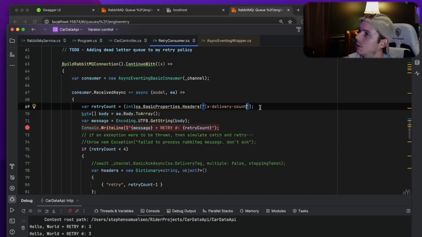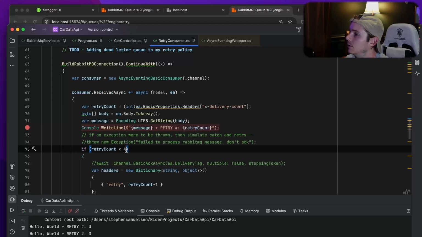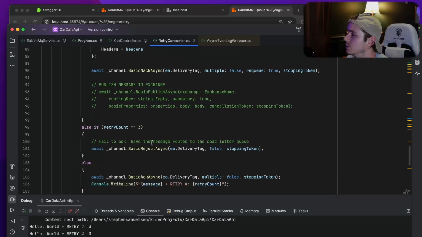Let's pull it off of delivery count. So delivery count's going to be 1, 2, 3. And then when it equals 3, I want to reject it. And it's going to send it over to my dead letter queue, which is what we had implemented in that. But I'm going to basically just